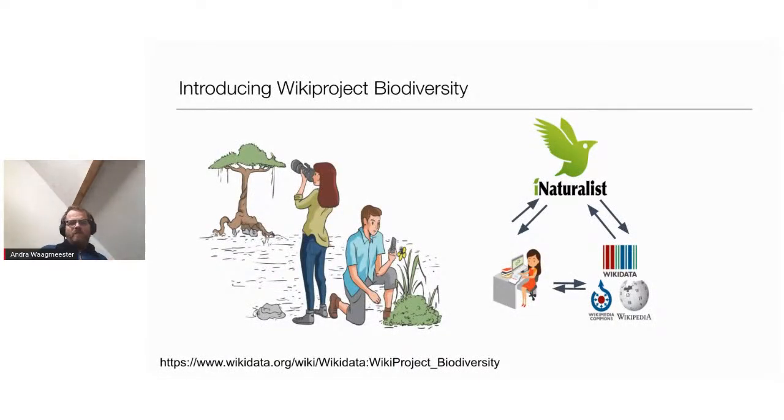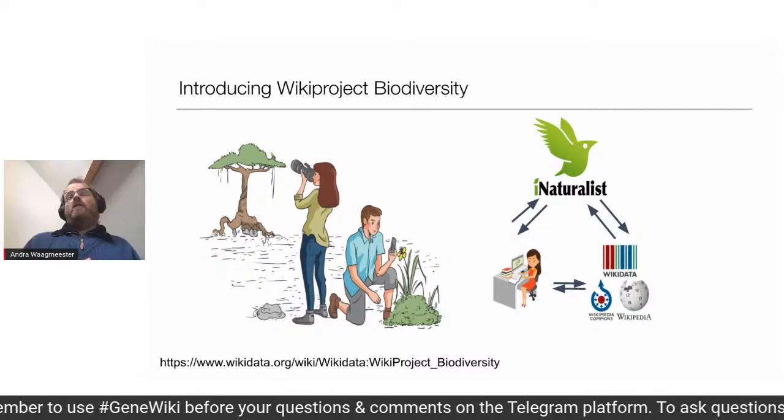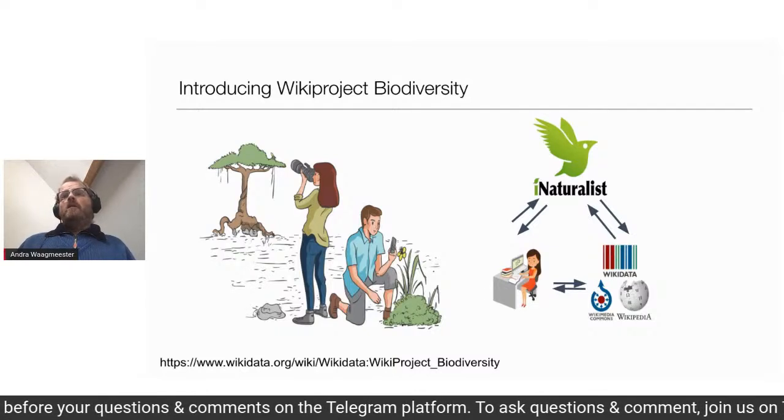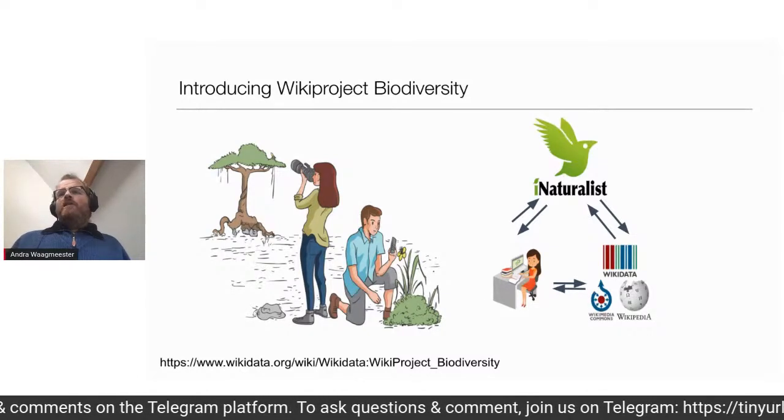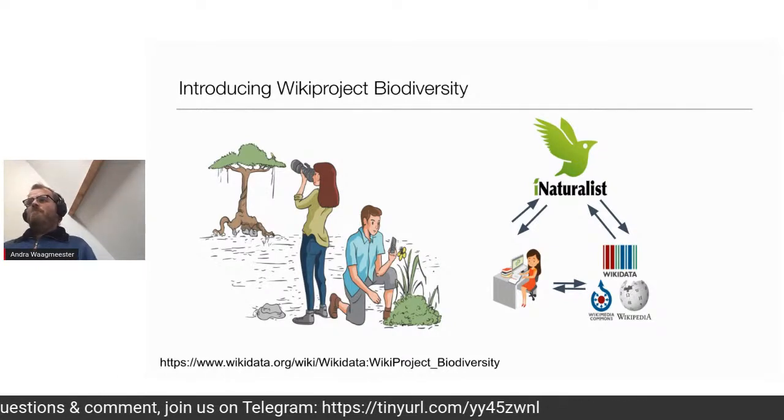So to give an example, I'm running one of such Wikibases. There is the Wiki Project Biodiversity, which leverages crowdsourcing apps like iNaturalist to identify the surroundings around us. So here, this is a bit how it works. The app is used in the wild, so to speak, to observe animals, plants, all species around us, which is then submitted to, in this case, the iNaturalist platform, which is